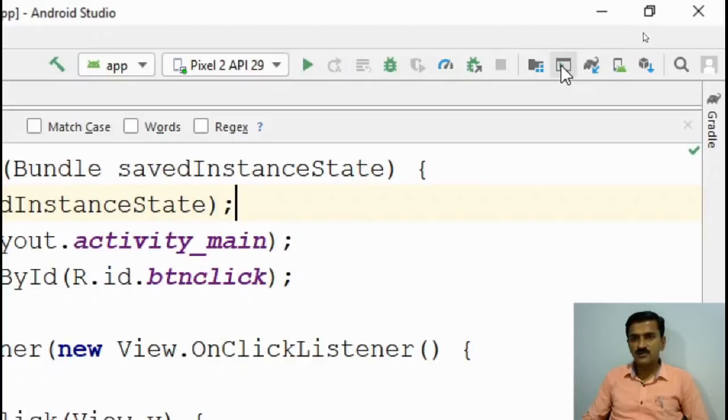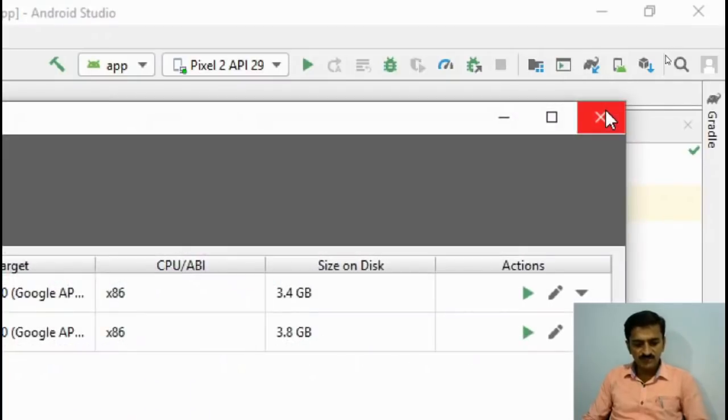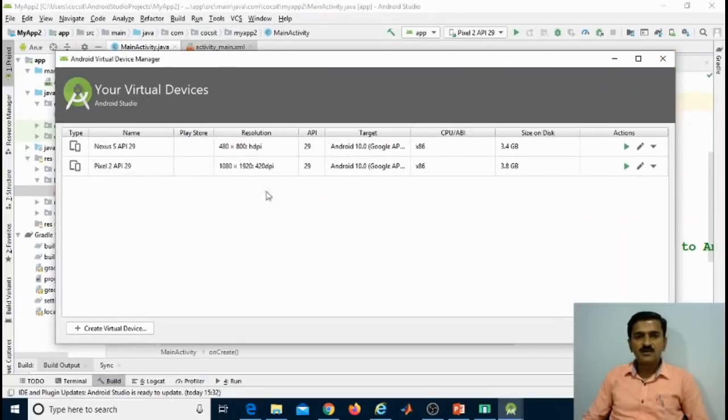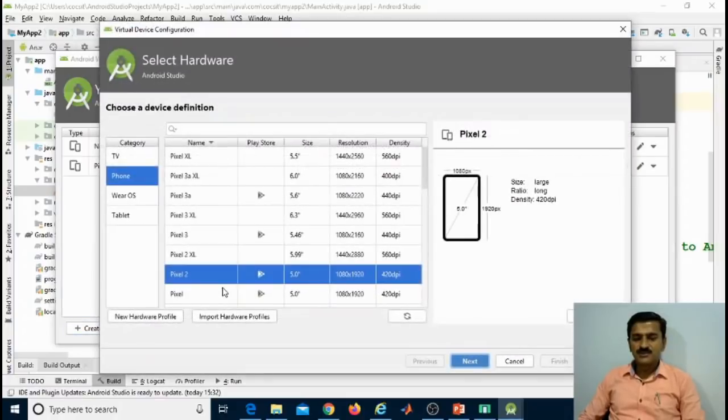To add the Android virtual device, you have to click on this option, AVD Manager. When you click on this AVD Manager, a window will appear. Here two virtual devices are already added. If no virtual device is added, you have to create one using this create virtual device button.